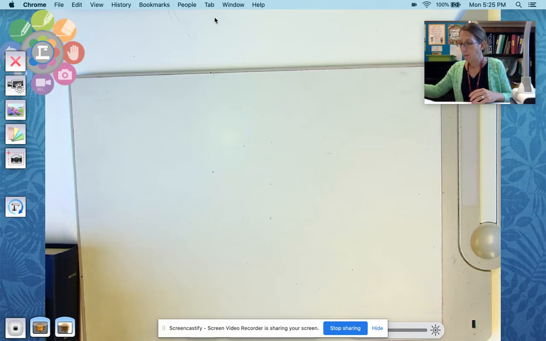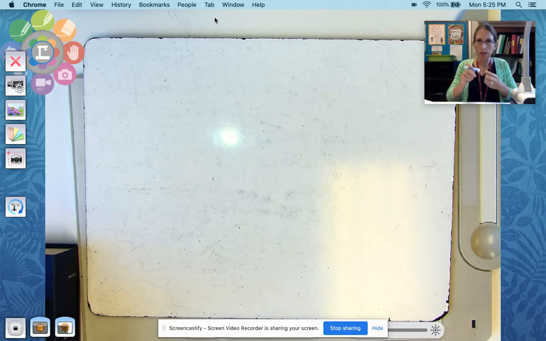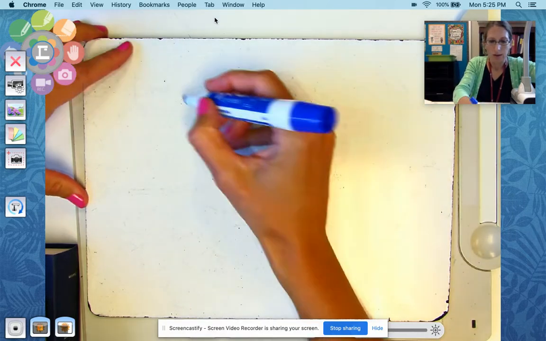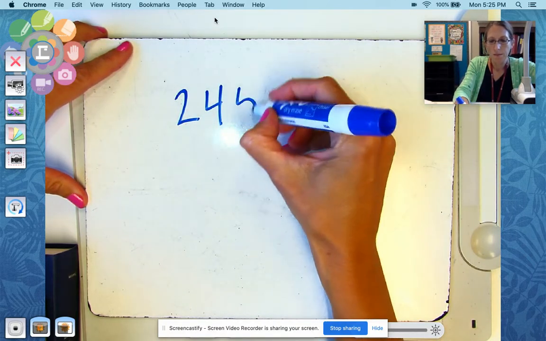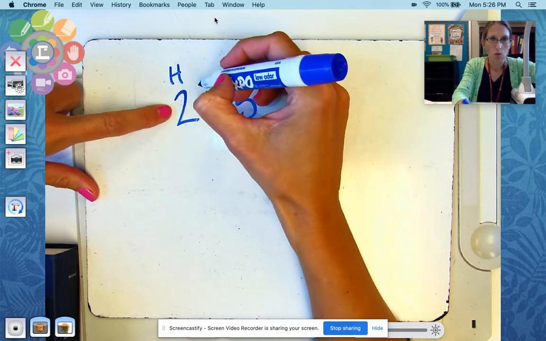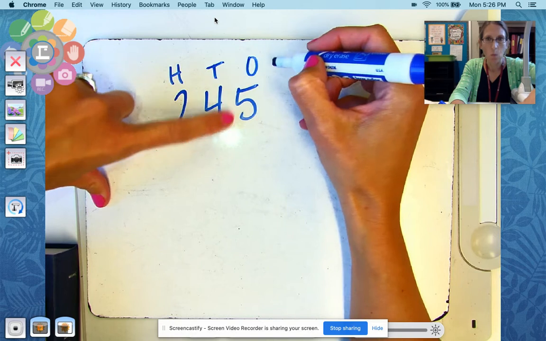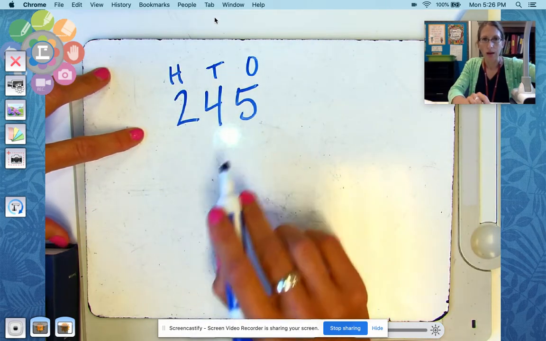Let's see. The other day we were practicing adding a 2-digit number to another number. Well, today we are going to practice adding some 3-digit numbers. So we are going to do an example from our textbook, and this is from page 34 in our textbook. And one example is if we had the number 245, and we know the number 245 is made up of 2 hundreds, I'm going to put my H there, 4 tens, and 5 ones. So we've got the number 245, and we're going to add the number